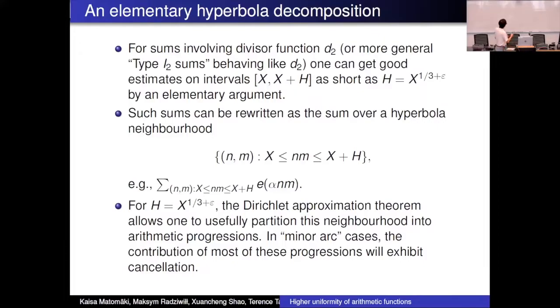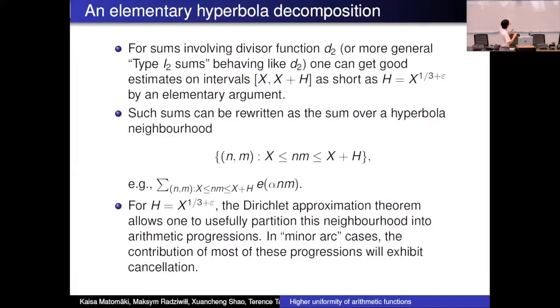Initially, Max mostly was messing around with automorphic forms to understand this, and you can get some bounds, but what we eventually realized is that from the most elementary number theory, in fact the Dirichlet approximation theorem, you can decompose this hyperbola as long as h is bigger than 1/3. So there's a critical threshold of 1/3: if your neighborhood is thick enough, this hyperbola can actually be decomposed into arithmetic progressions. There are a lot of little arithmetic progressions inside this hyperbola. It's a little bit like decomposing the unit circle into major arcs.